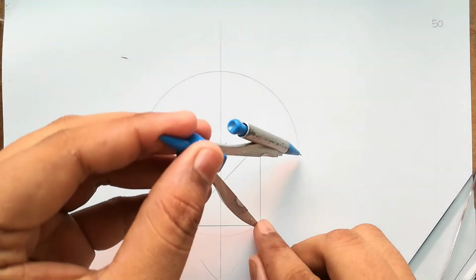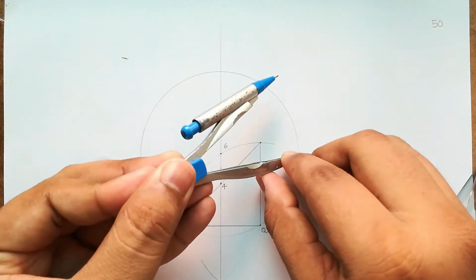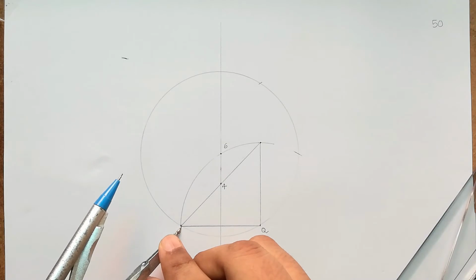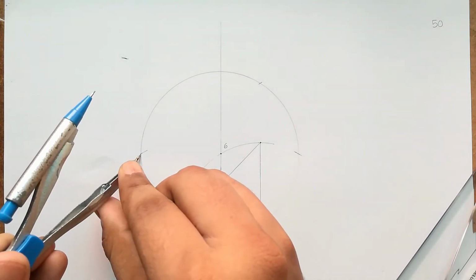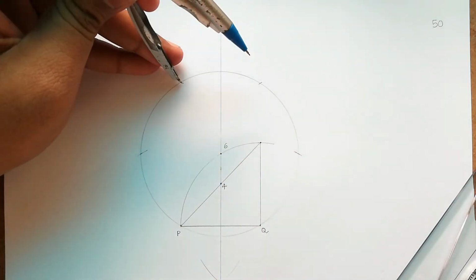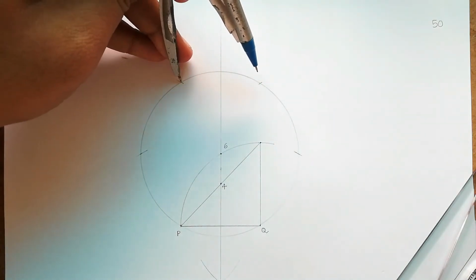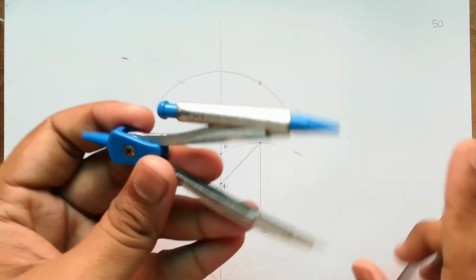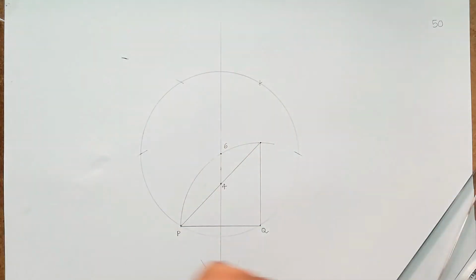So from point Q I have marked this intersection. Now I will go to this intersection and mark one more intersection. I can do the same thing from this point P. I will mark one intersection over here. I will mark the second intersection from this intersection. And I can continue like this. And as you can observe, from this intersection I can mark this intersection. So this is a confirmation that I have drawn the perfect intersections.